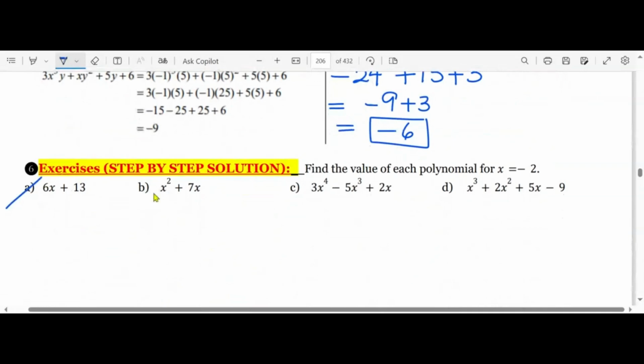Yalla, can you do this one? Yes. Yalla, do it now inside your booklet. X is how much? Minus 2. Yeah, because you have